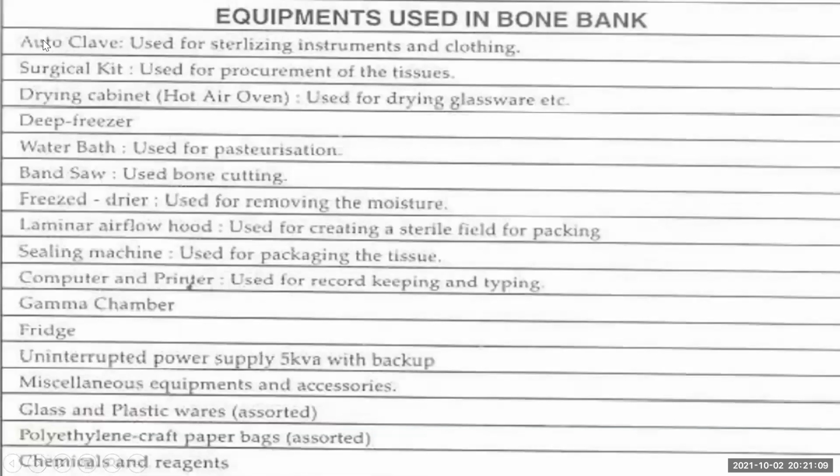The things required in a bone bank include an autoclave, a surgical kit, a drying cabinet, deep freezer, water bath for pasteurization, band saw used for bone cutting, freeze dryer used for removing the moisture, laminar airflow hood for creating a sterile field for packing, sealing machine for packing the tissues, computer and printer used for record keeping, gamma chambers, fridge, uninterrupted 5 kVA power supply with backup, miscellaneous equipment accessories, glass and plasticware, polyethylene, craft paper bags,